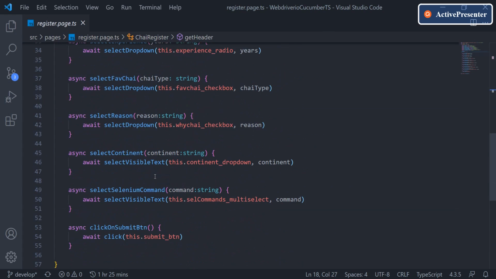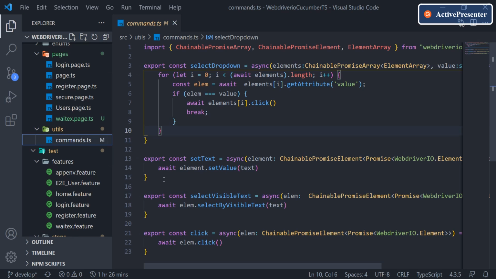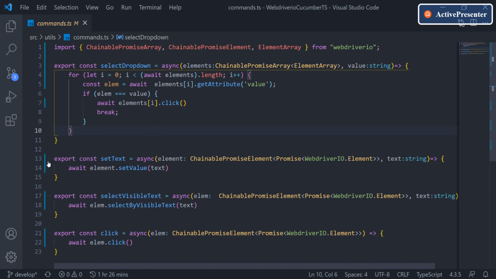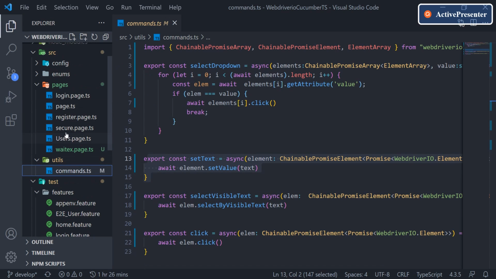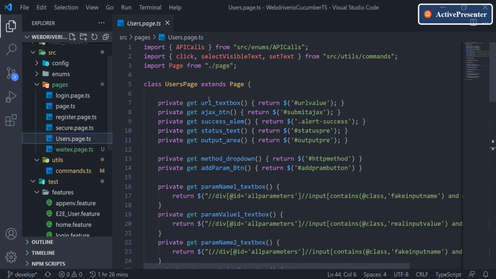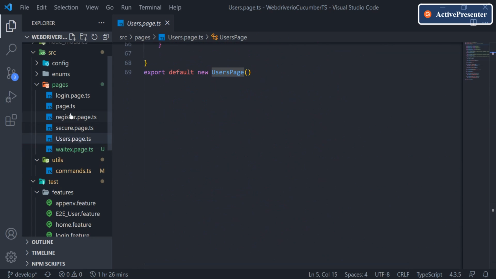There is nothing. That is the benefit of having wrapper classes or these anonymous lambda functions, that you don't have to change in multiple places, because we were using it in every page class. Fixing this has done the job for us. Now all our pages are up to date, right? So there is no error here, and if you run this code, it will work absolutely fine.